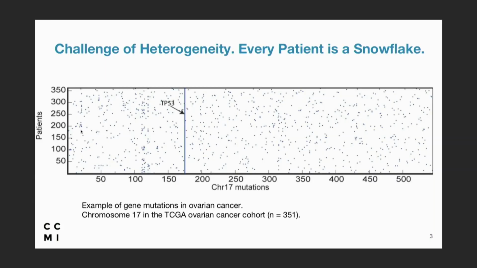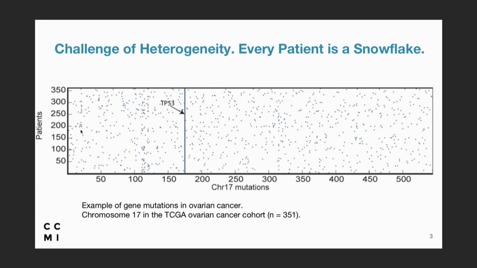And so in this dot plot, what you're looking at is for these 351 patients in no particular order, just focusing on one chromosome, chromosome 17, not at nucleotide resolution, but gene by gene resolution here. You get a dot for the gene on the column if the patient on the row is mutated at that gene. That's what this is showing, and this is from a now well-studied cohort from the Cancer Genome Atlas Project, which is the NCI's big effort to sequence cancer genomes, started maybe 10 years ago.